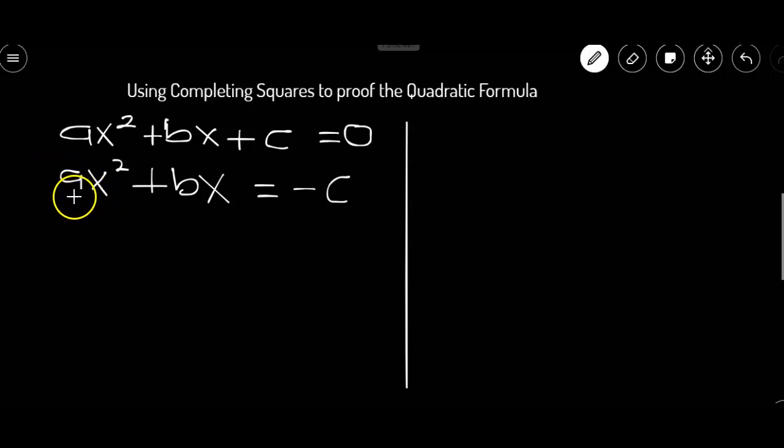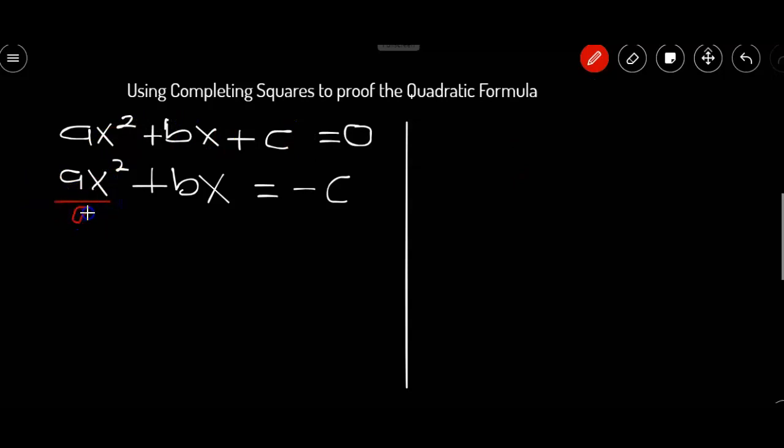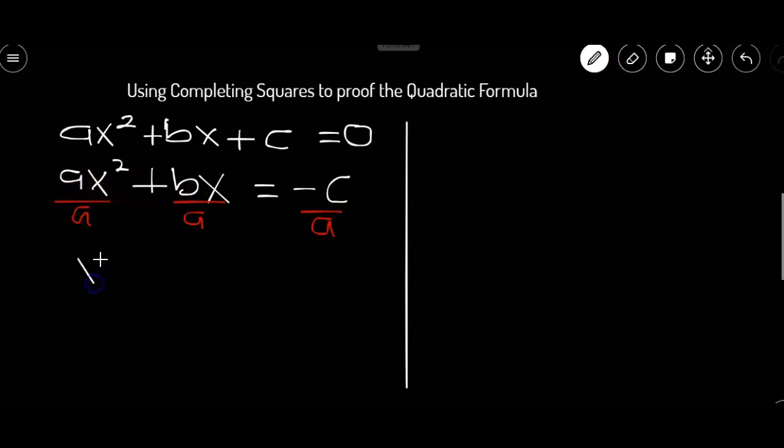Now for us to apply completing the square, the coefficient of the x squared has to be 1. Here you have a, so we have to get rid of the a. It's multiplying, so we are going to apply the inverse operation, which is division. So we're going to divide both sides by a. Here a, this is a different term and this is a different term, so we have to also divide this by a. And then we repeat the same thing on the left hand side. When we do that, this becomes 1. So we have x squared